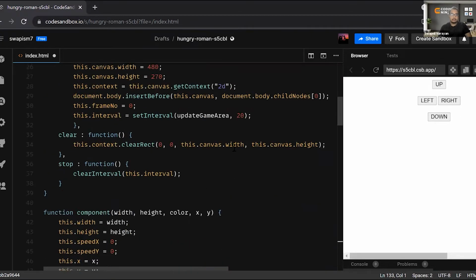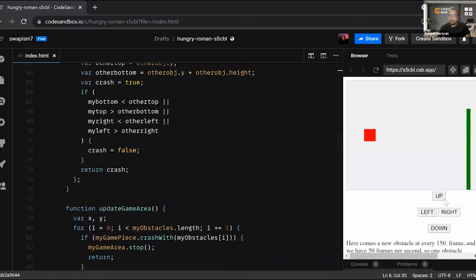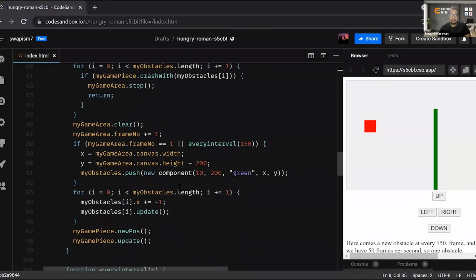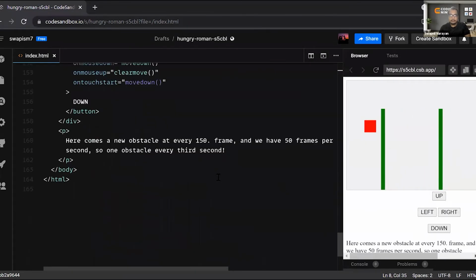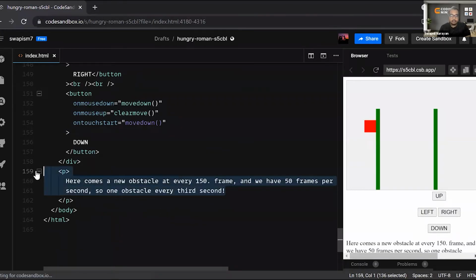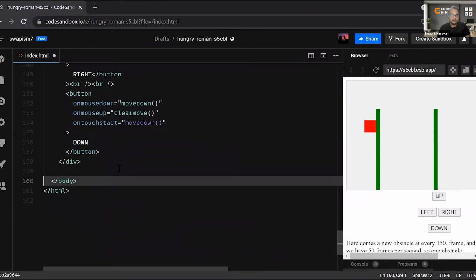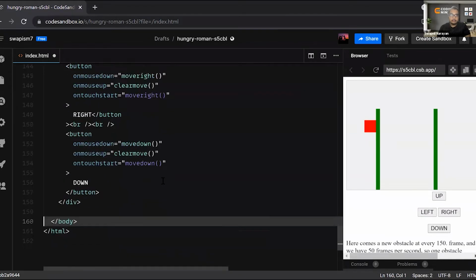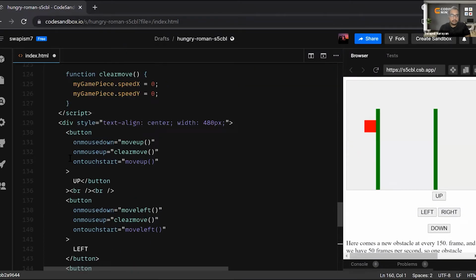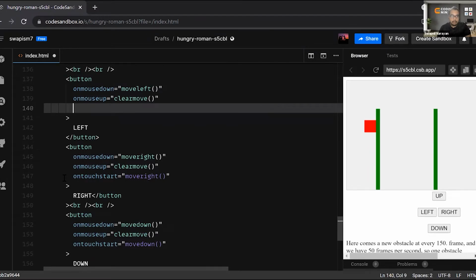Yeah, so you can see in this particular code some minor errors are there. Okay, fine. This on touch start is not required, so I will remove this one. Bit of code cleaning, that's it.